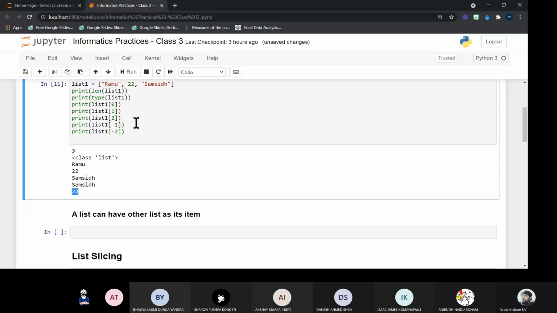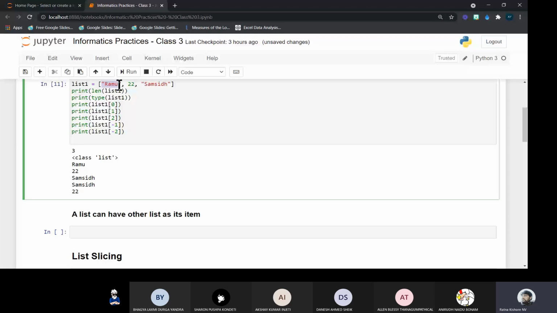Okay, guys, carefully observe here. The first item in that list is itself a string. A string itself can be indexed, right? That string has 4 characters in it. The first character of the string can be accessed by using index 0. The second character can be accessed by using index 1, like that.